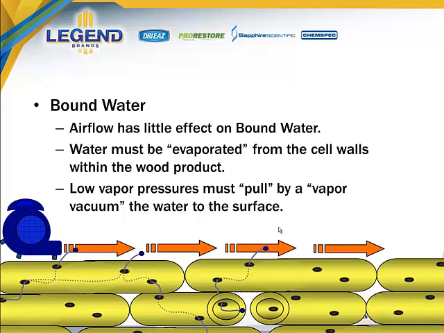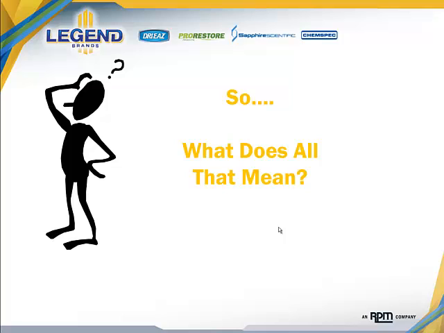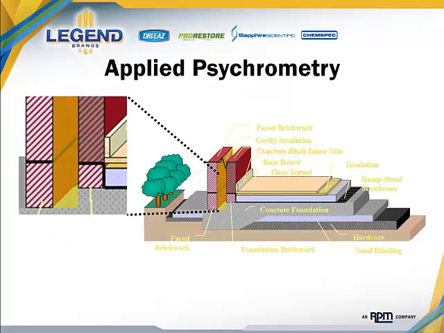Constant drying rate being when we're dealing with the free water, the liquid water, and the falling rate being when we're dealing with the bound water. So what does all that mean? Tying all this together and moving this into more of an application perspective in an actual water damaged environment, let's take a look for a moment at a relatively simple building schematic